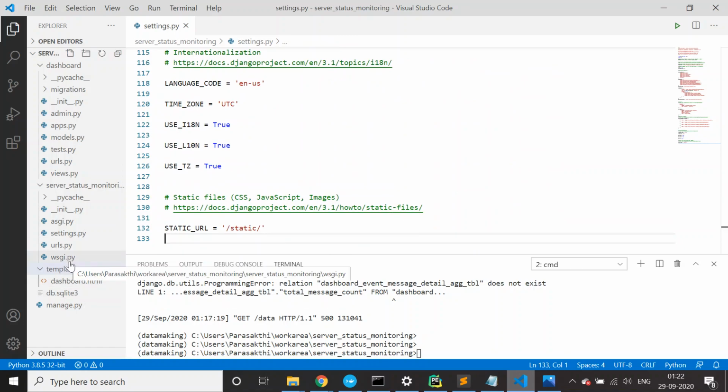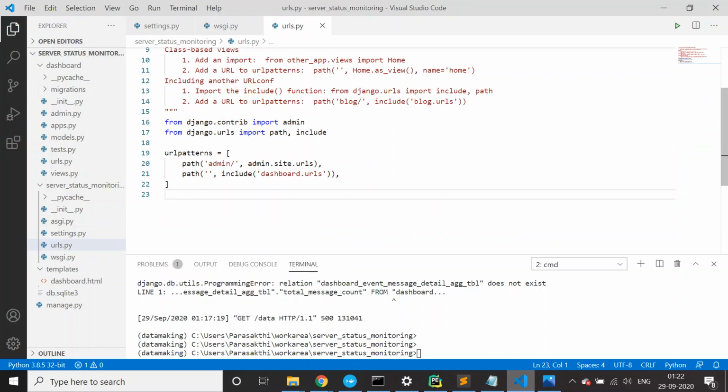And then this is for URLs. Basically, we are going to build a web application, right? With the URL only, it can navigate to the different pages. So you need to define the URL patterns, and which views and which URLs you need to navigate to. URLs internally navigate to the views, which will render the pages. That's how it will work. This is with respect to the admin URL. This is the dashboard URL which you need to specify here.